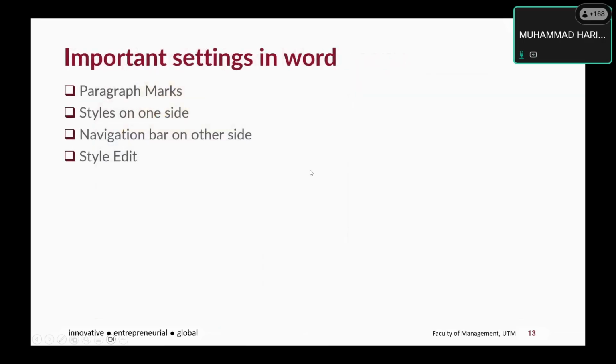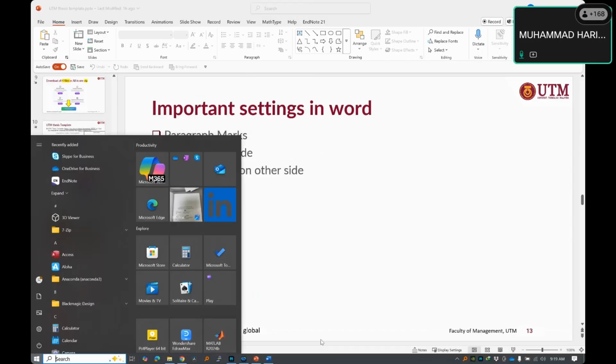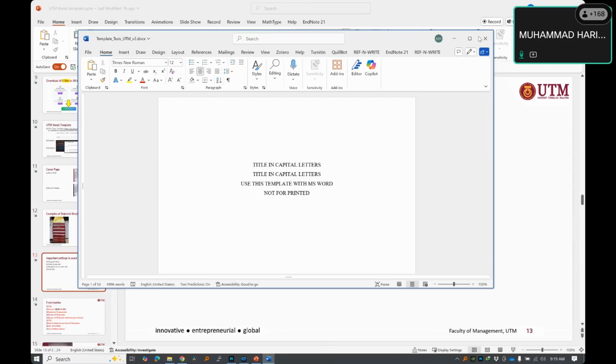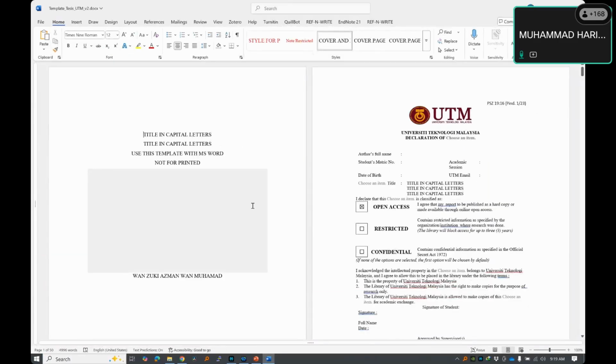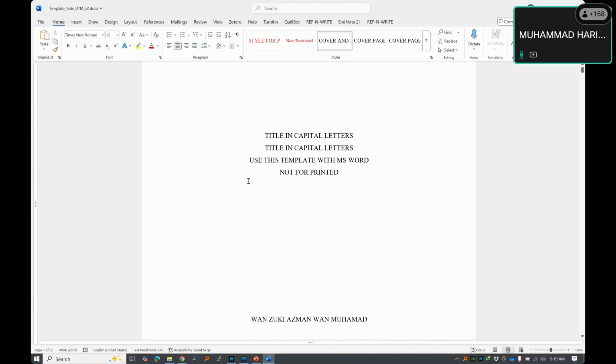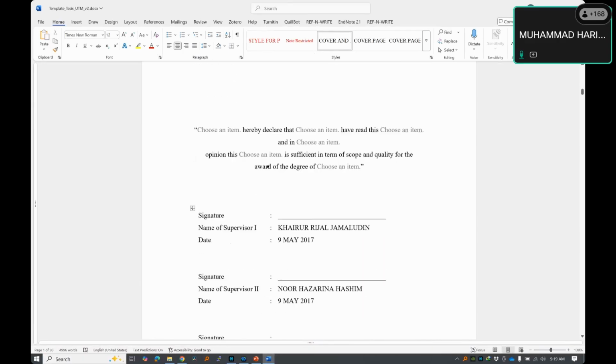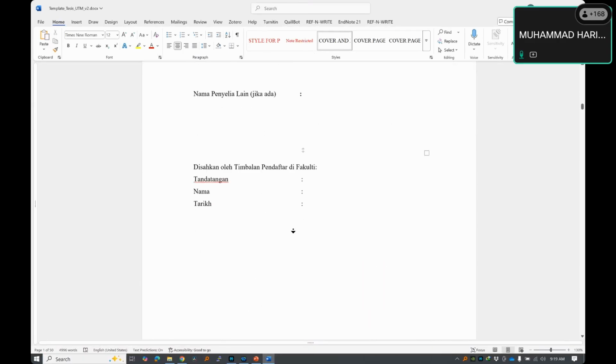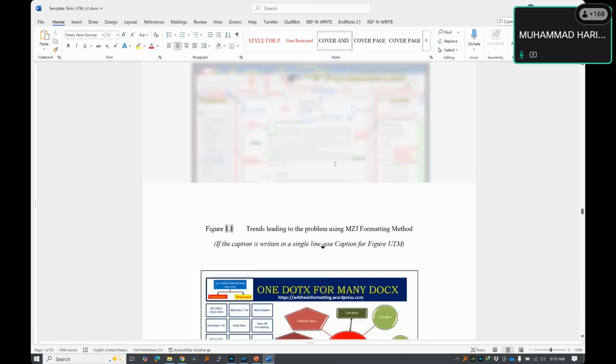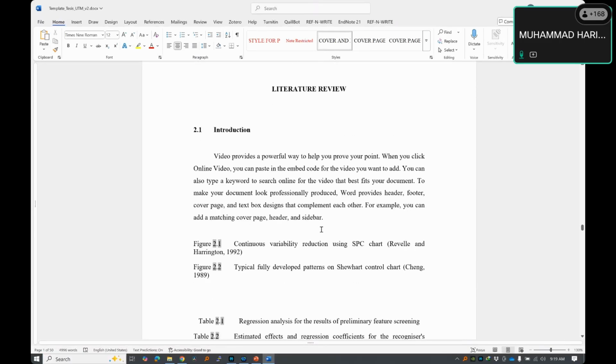Okay, so now important Word settings. Let's start with the file. Okay, the first thing you need to do is, for example, I open this document which is in Word. I will go a little bit fast. Okay, the first thing you need to do is let me go to some specific place and then we'll show you why I'm doing this setting. Okay,